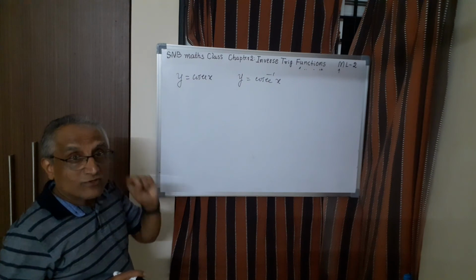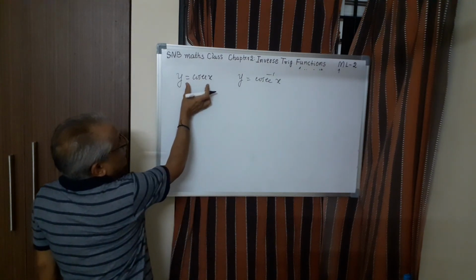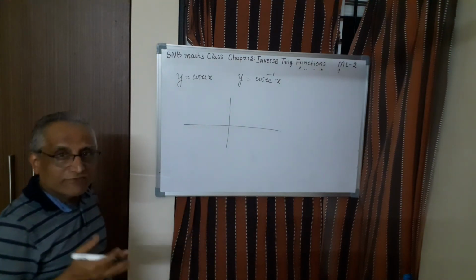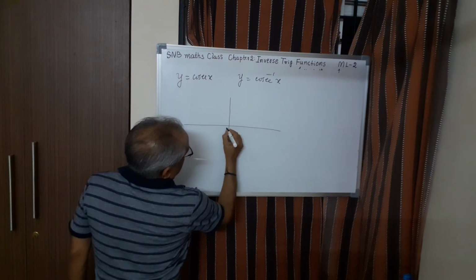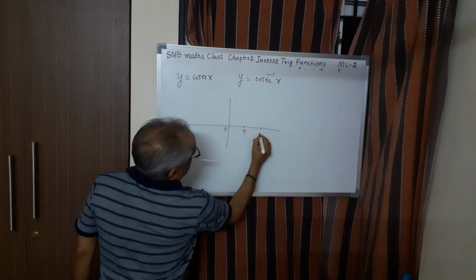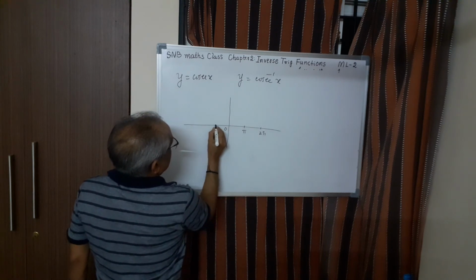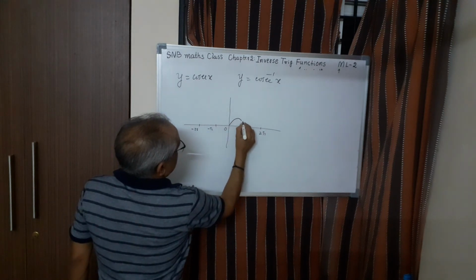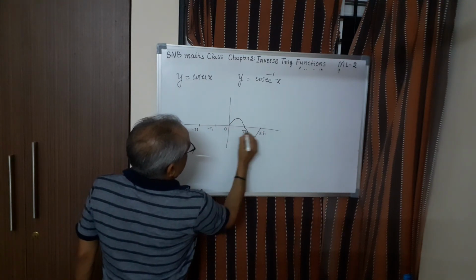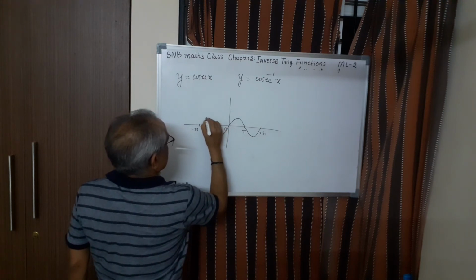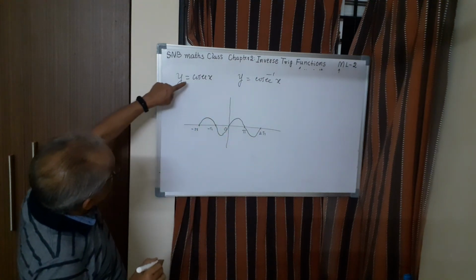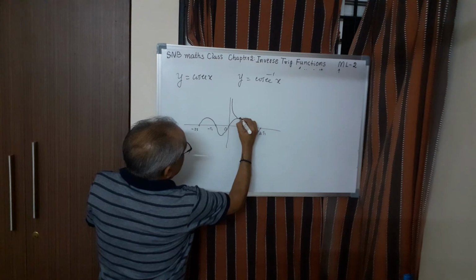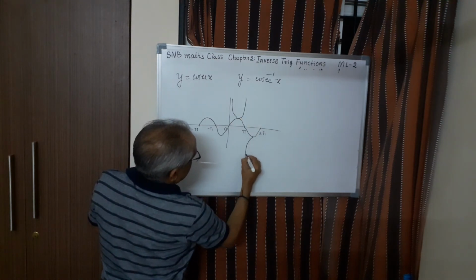And let me just add one more trick. If you have difficulty drawing this graph, say cosecant inverse, another trick is this. Sine is a very familiar graph. Say for example, this is 0, this is pi, and this is 2 pi. Here also you can take minus pi, then minus 2 pi. Say the sine graph is like this. We normally don't have difficulty with the sine graph. So what is the cosecant graph? Whatever is here, you should draw here like this. Up to this it is common, like this. And here also like this.